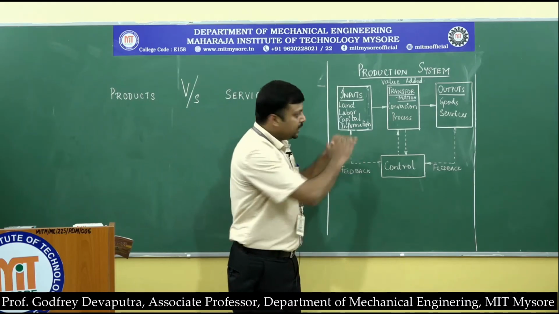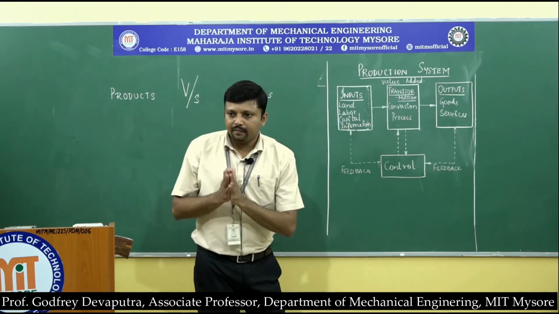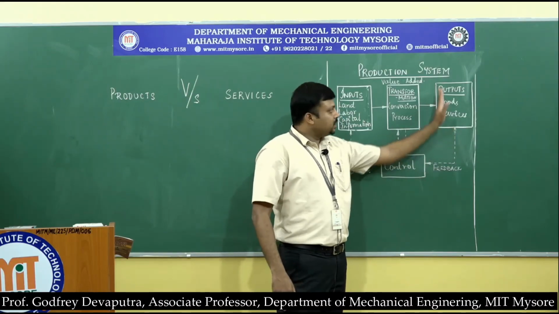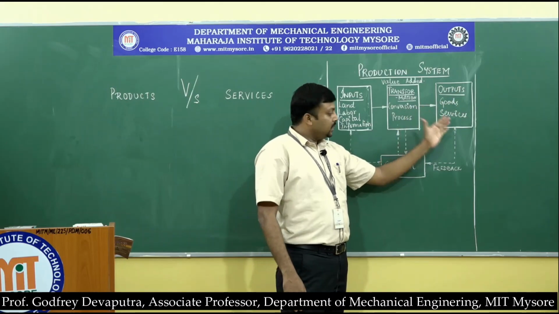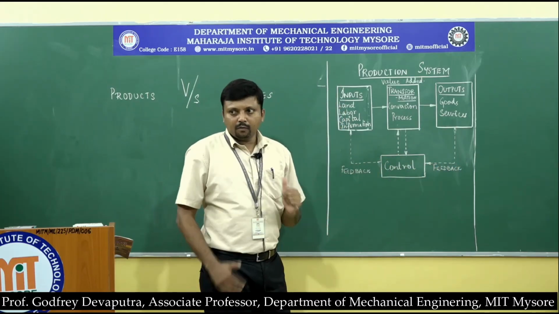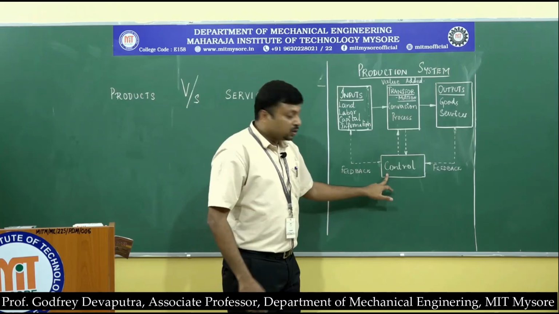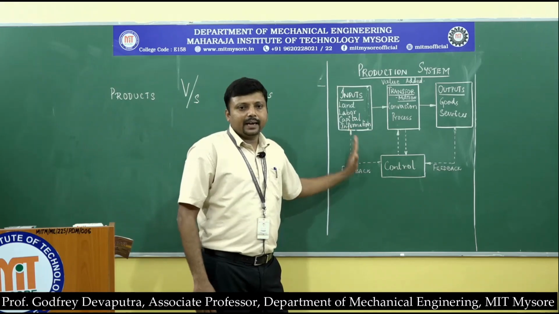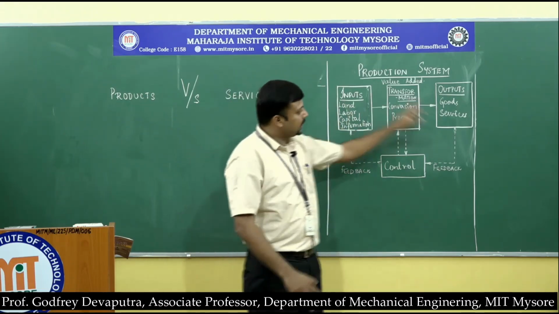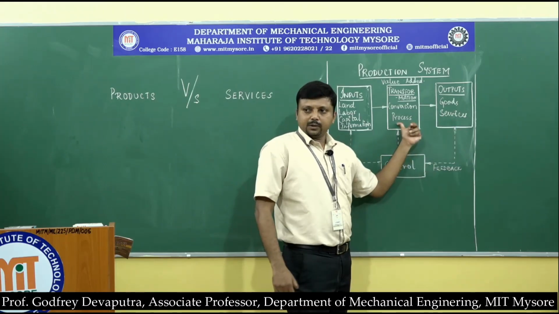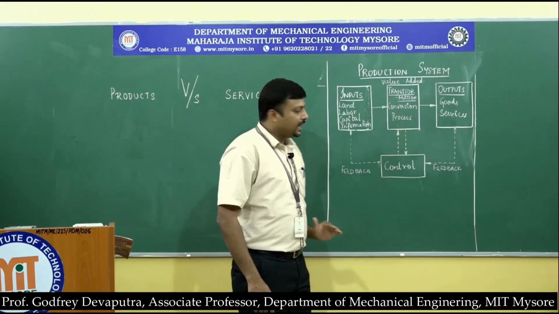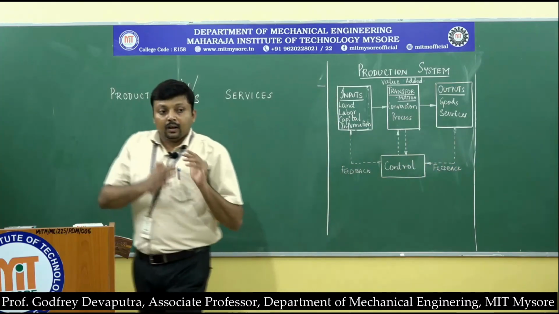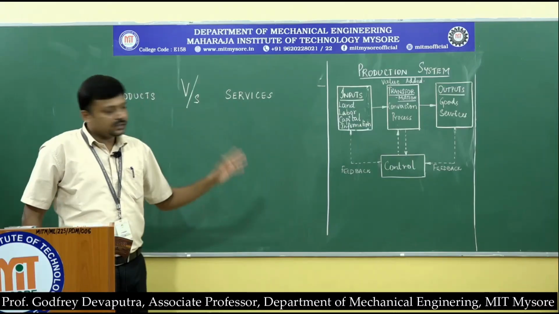Okay, if we leave this particular system as it is, then there is very little room for improvement. So therefore, the goods and services that are produced at the output side from the transformation process need to be measured in terms of various kinds of feedback. So therefore, by receiving this particular feedback at the input end, certain changes can be made which can further improve the output of the transformation process. So this is a closed loop wherein feedback or measurement is taken at every single step of this transformation process.